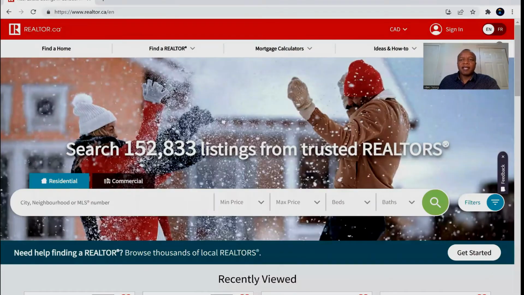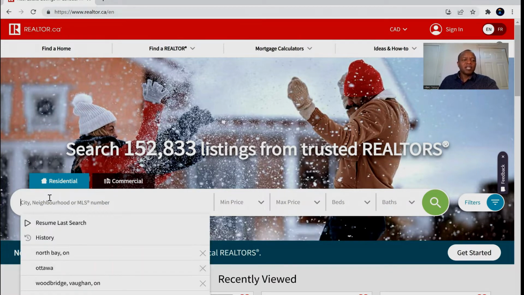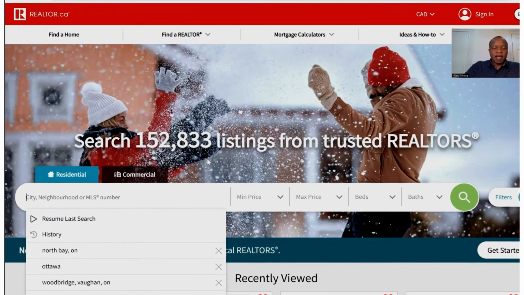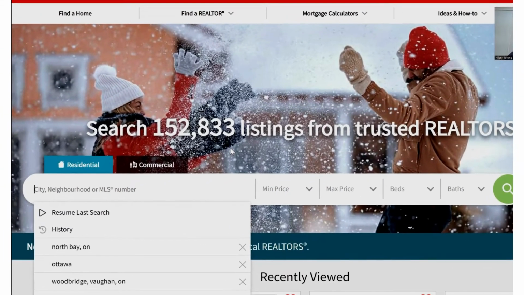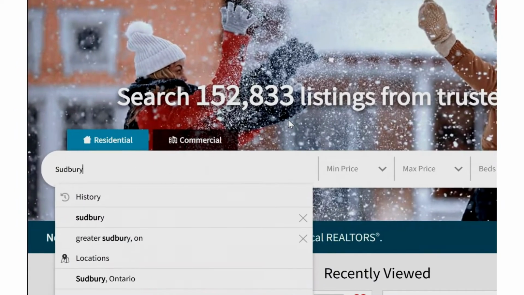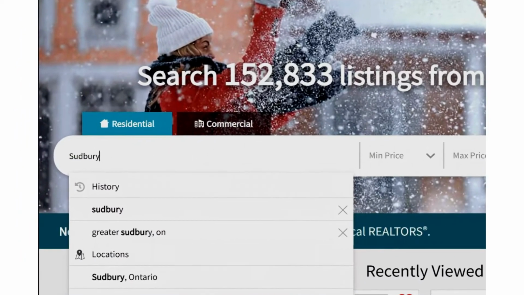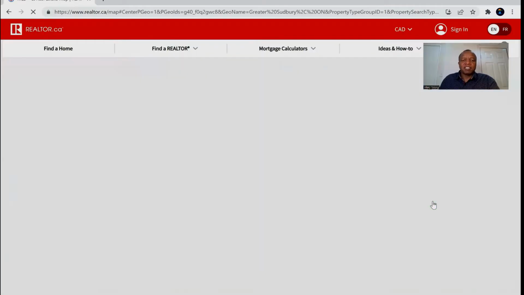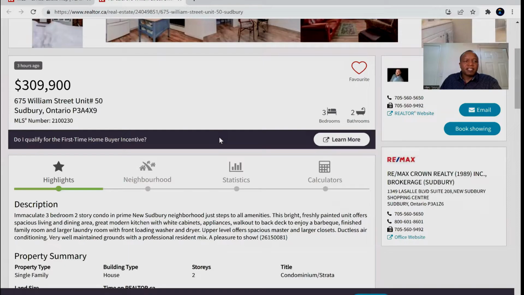In Canada, most of the houses are listed on the MLS system, the realtor.ca. What you do is you need to type the city. I'm going to use the city of Sudbury because I don't live there and I don't know many of the neighborhoods. This is more for calculation purposes. Let's click on the first house. This house is